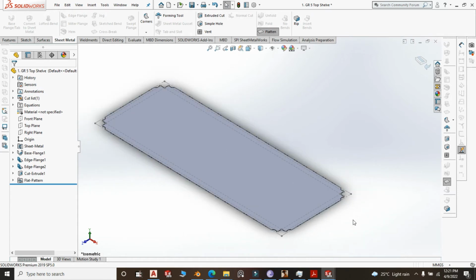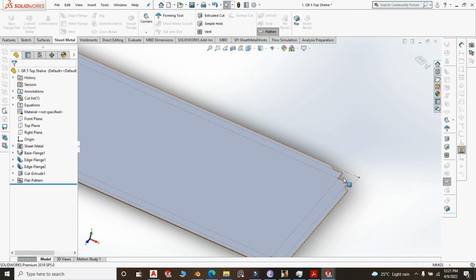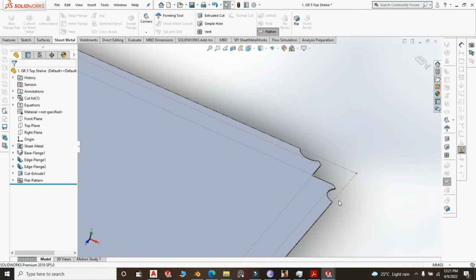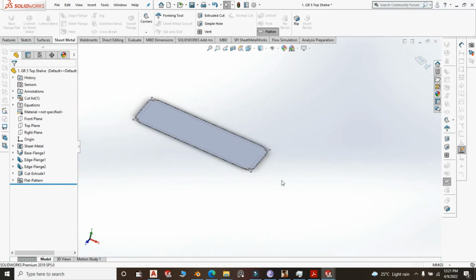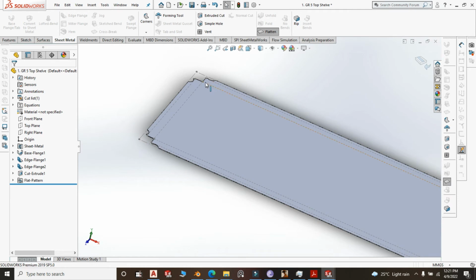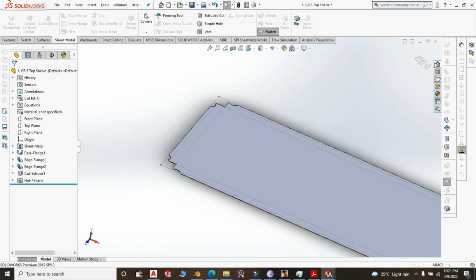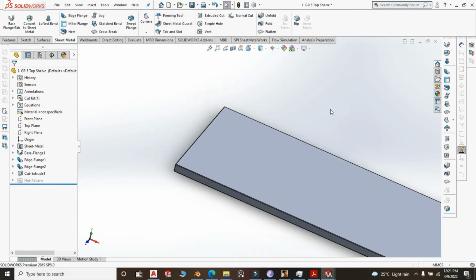If you don't have CNC, you're doing it manually. You just notch with a grinder, right? You notch with a grinder. It might be a little bit cumbersome, and if you don't have CNC, actually this design won't work. It is very hard for you to notch. This is okay, this you can notch, okay? But for the mid shelf,